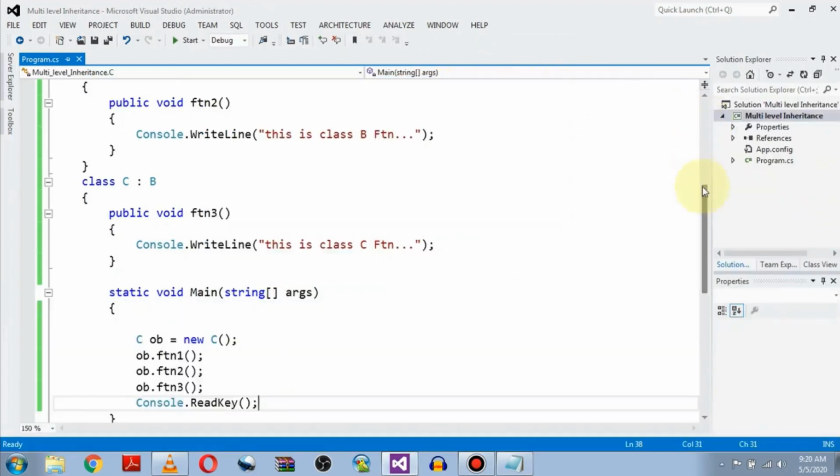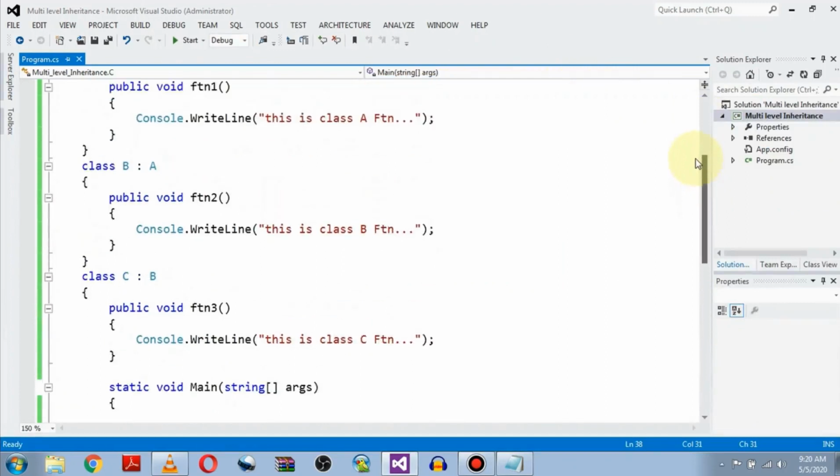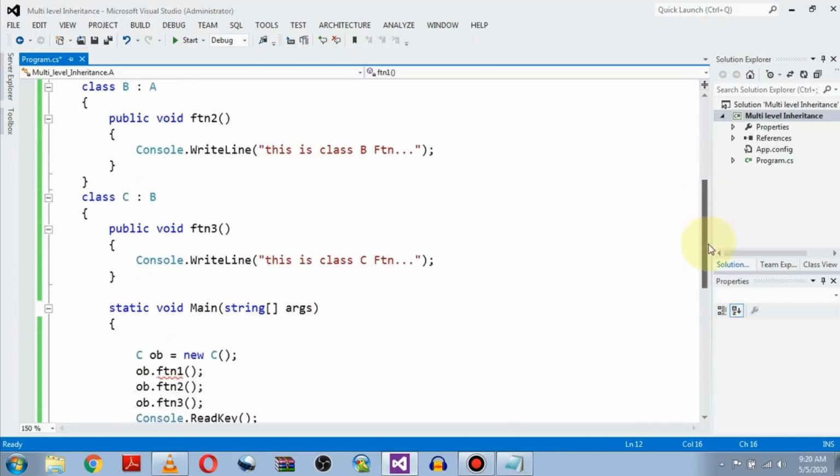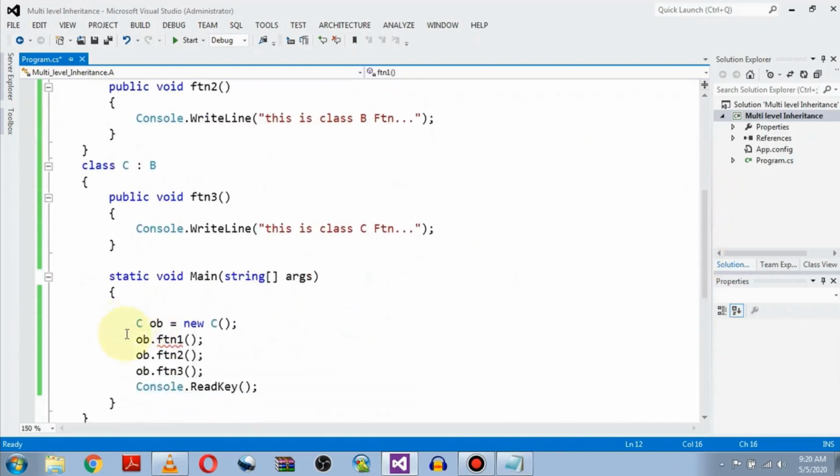Now let's do some experiments. Instead of public, let me make it private. So let's see, will it be called from class C?